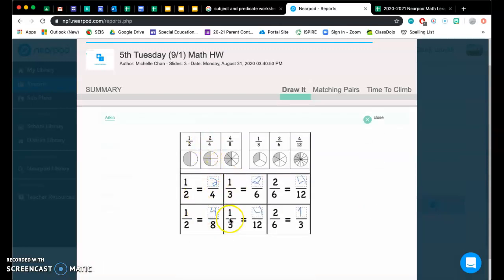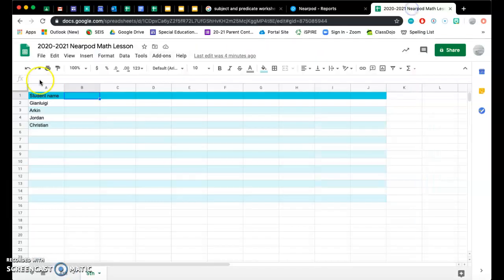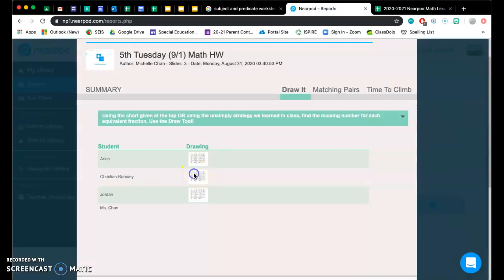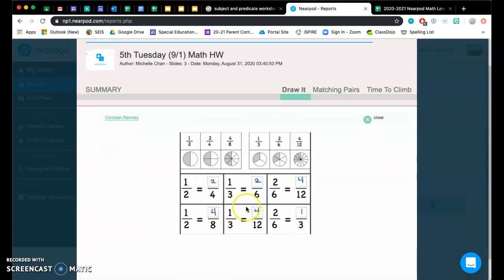So I want you to please look over it and see if he got it correct. So Tuesday, September 1st math homework. It seems like he got this all correct. And so what you can do is you go here, go to 5th grade. You can say September 1st math homework, Arkin, all correct. And then you can click the close. Then you can look at Christian's,